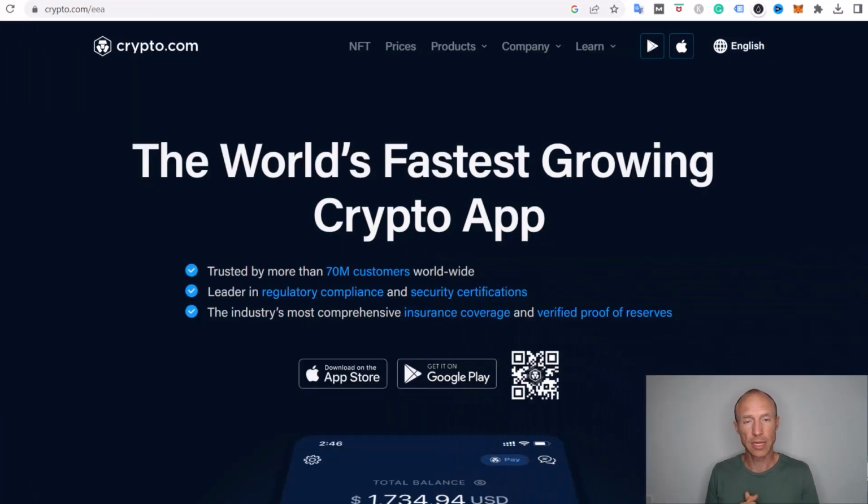So before I log into the app, let me just make it clear that this is not a full Crypto.com tutorial. I have that somewhere else. I will leave a link in the top corner so you can check that out if you want to know all the features. Here, I just want to focus on the joining bonus because it is quite important to understand